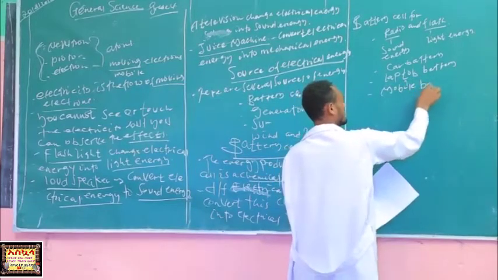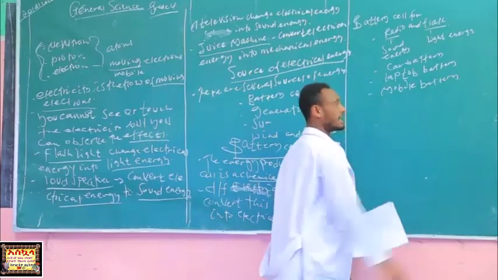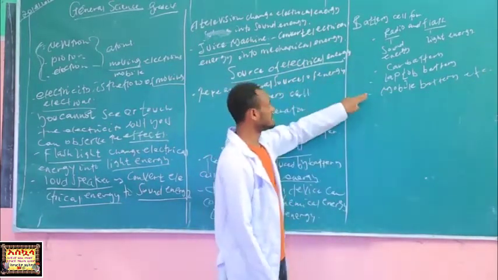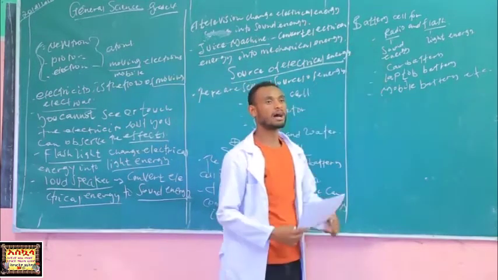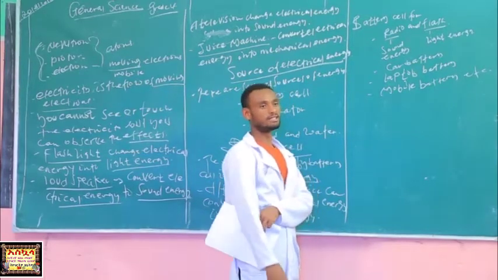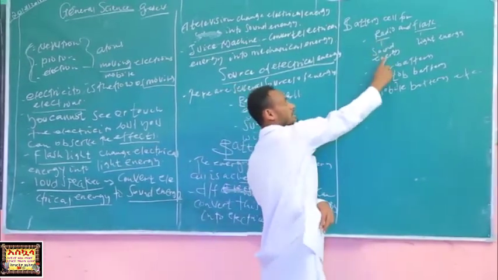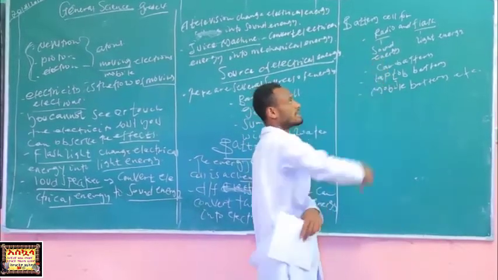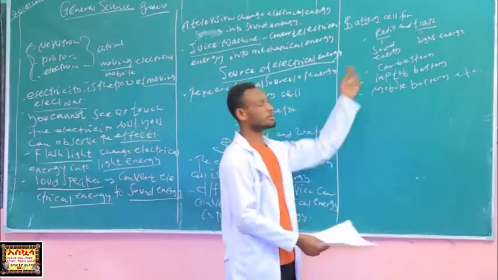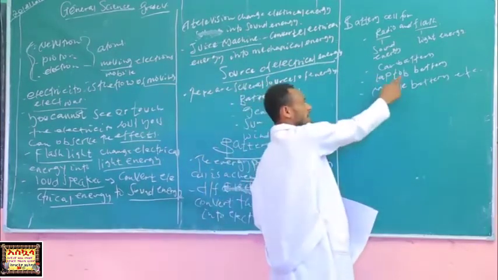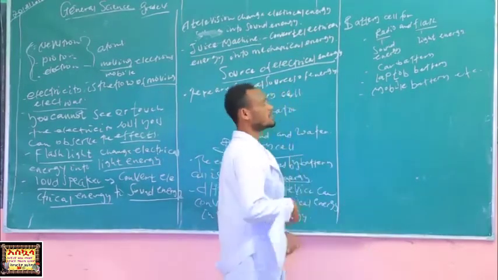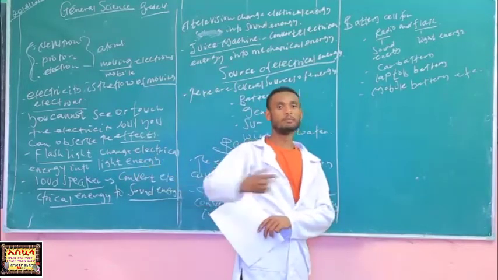Mobile battery, and etc. So generally, what we conclude from this is that a battery cell can convert chemical energy into different types of energies. In a radio, it can produce sound energy. In a flash, it can produce light energy. In a car battery, it can produce light energy. In laptops and mobiles, it can produce light energy. This is called the transformation of energy from chemical energy